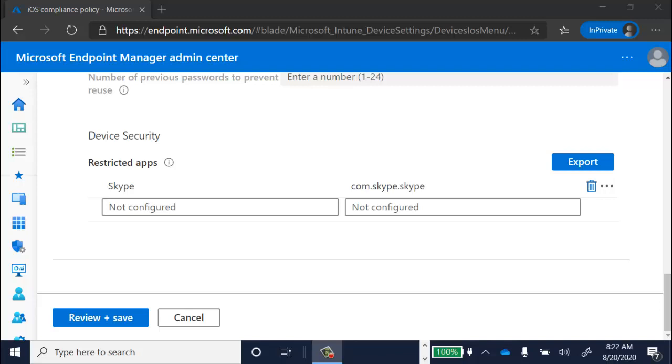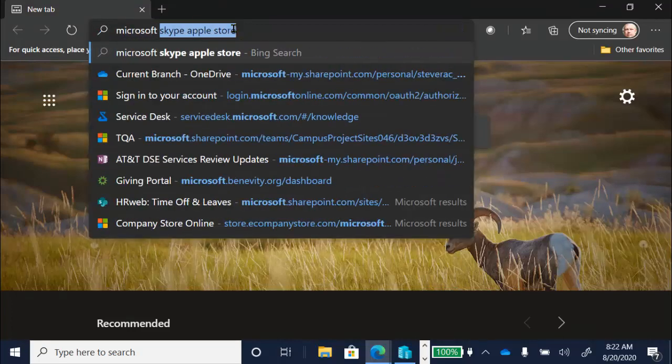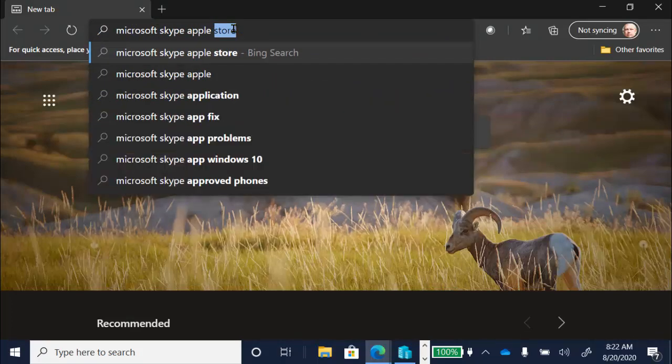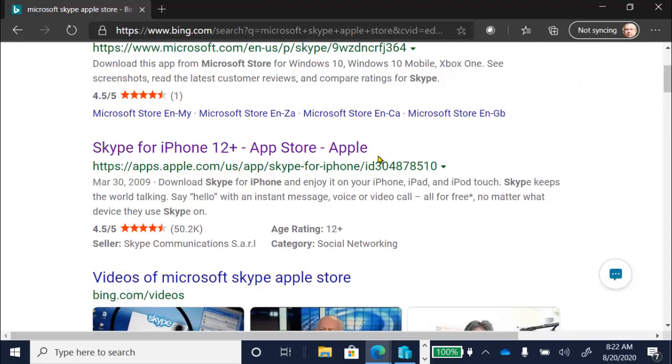So what I'm going to do is launch an additional browser. Let me do that. And search for Skype in my browser. So for example, Microsoft, Skype, Apple Store. Okay, good enough. And so that's going to give me a couple options. The first one is the Microsoft Store. That's not what I want. But the second one is the Apple App Store. And so right here, I see the URL for Skype in the Apple App Store. The URL is all I need. What I specifically want is this